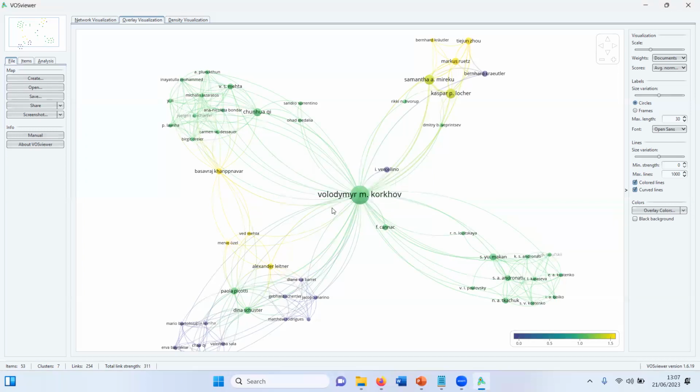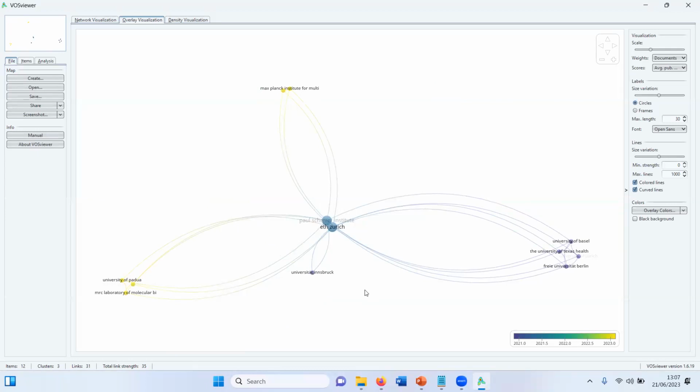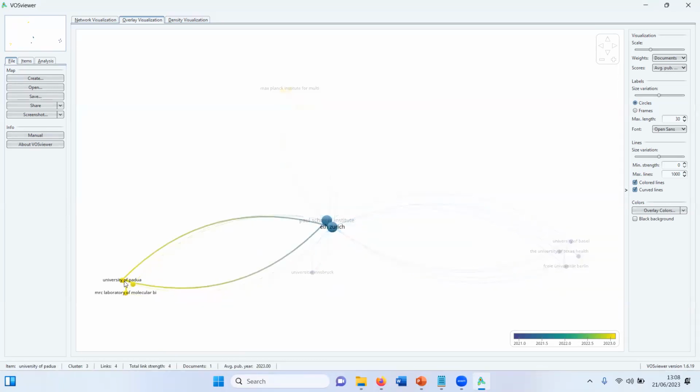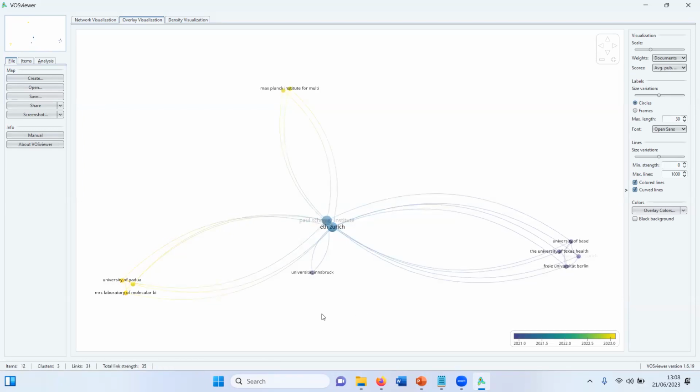So I click yes. And now I have a visualization of institutions the selected author has been collaborating with, or which institutions his co-authors have been affiliated with. So we have a couple of German or Swiss universities. Here we have a small cluster of Italian organizations. So you can analyze who an author has been in touch with. So this is just one example. Of course, you can use any combinations of authors and institutions and whatever is interesting to you.